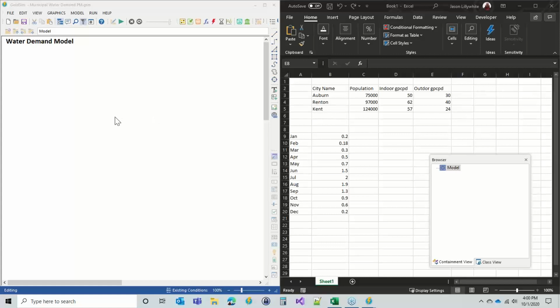All right, today we're going to be talking about modeling water demands, and it will be, for the most part, focusing on what you might consider municipal water demands. But most of what I'll be showing you is really about how to use scalar and vector data in a GoldSim model and organize the model. So hopefully this is useful for those of you that might not be doing exactly municipal water demand, but